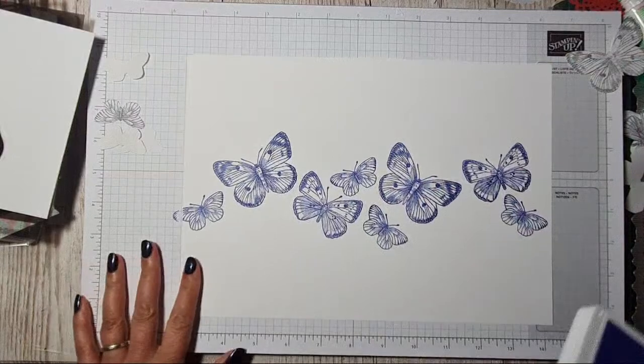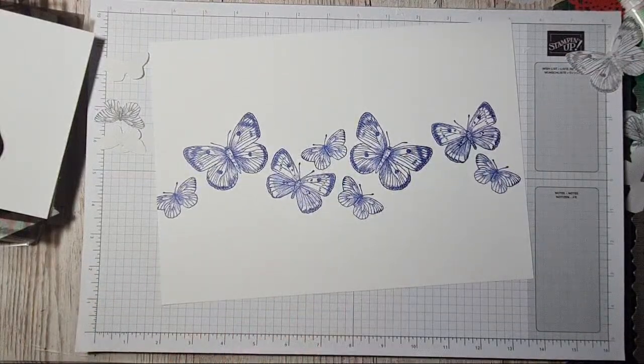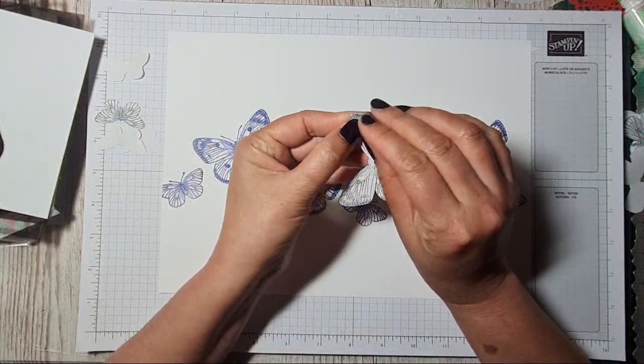Can't be, Ruth, you told me no one can ever have too many butterflies. Very true, Martina. Very true. Well, in this case, you can have too many because I've only got enough masks for...